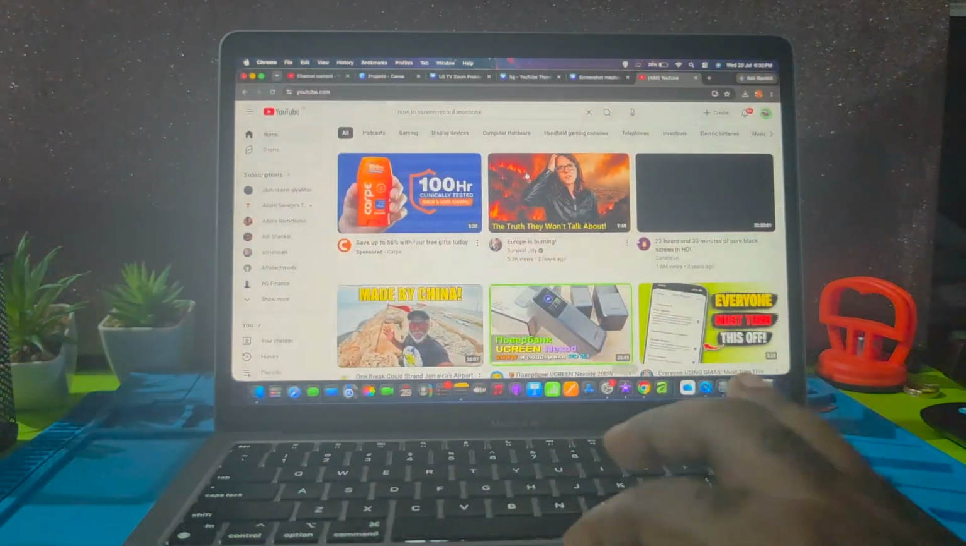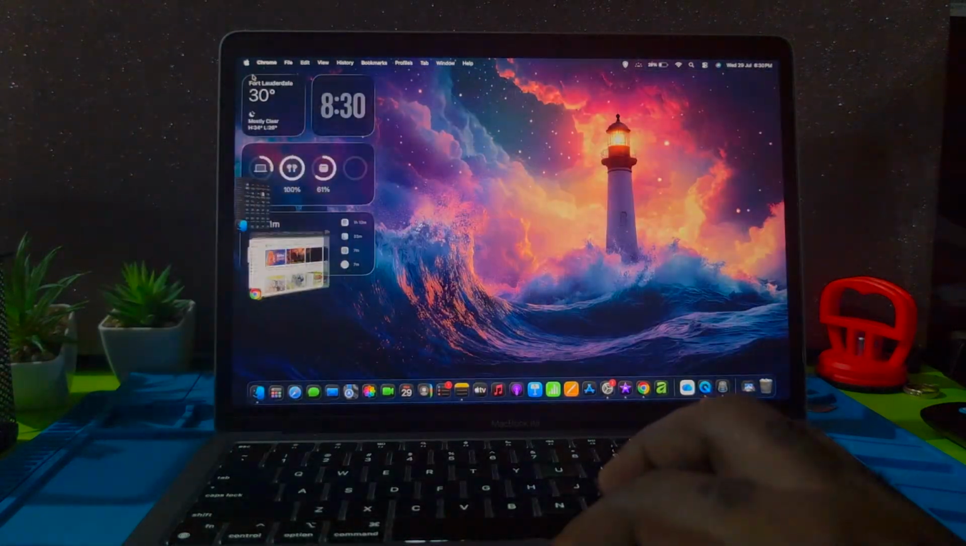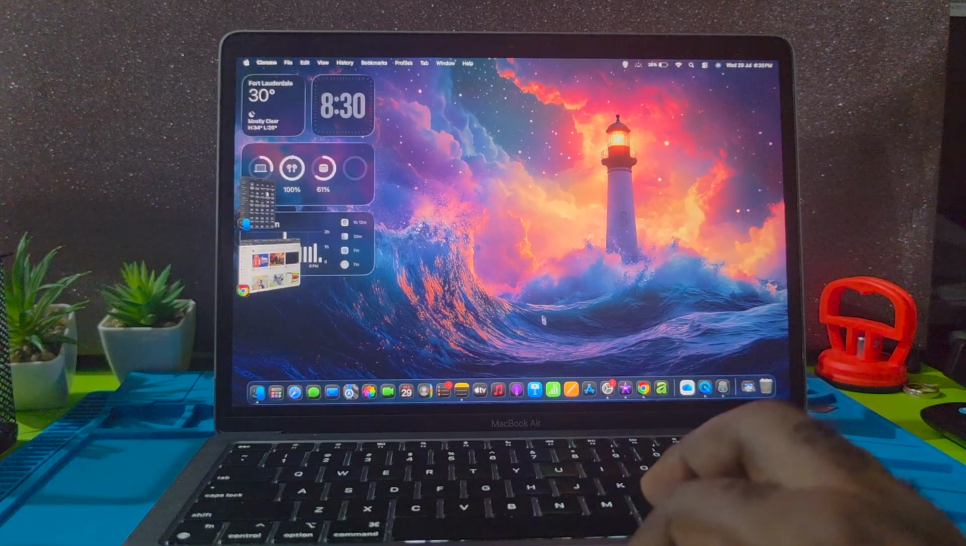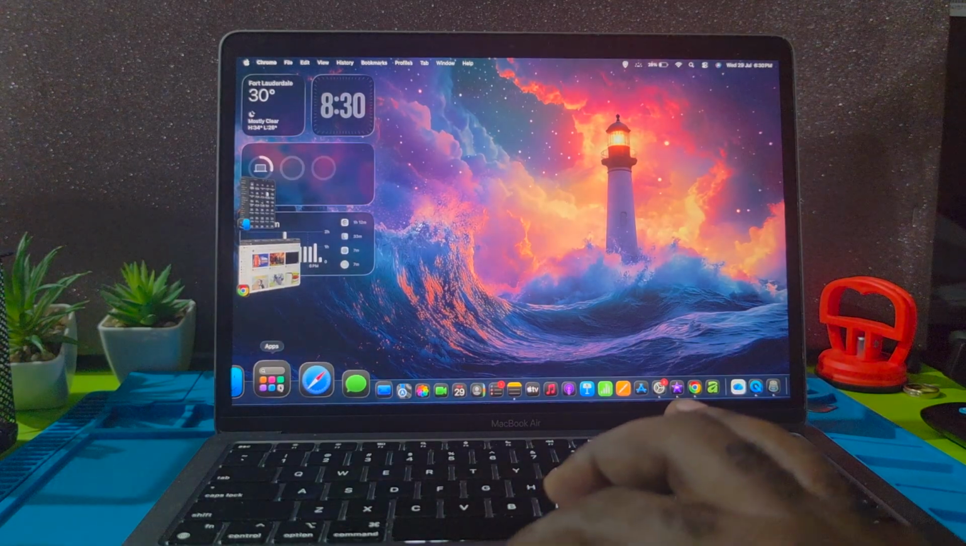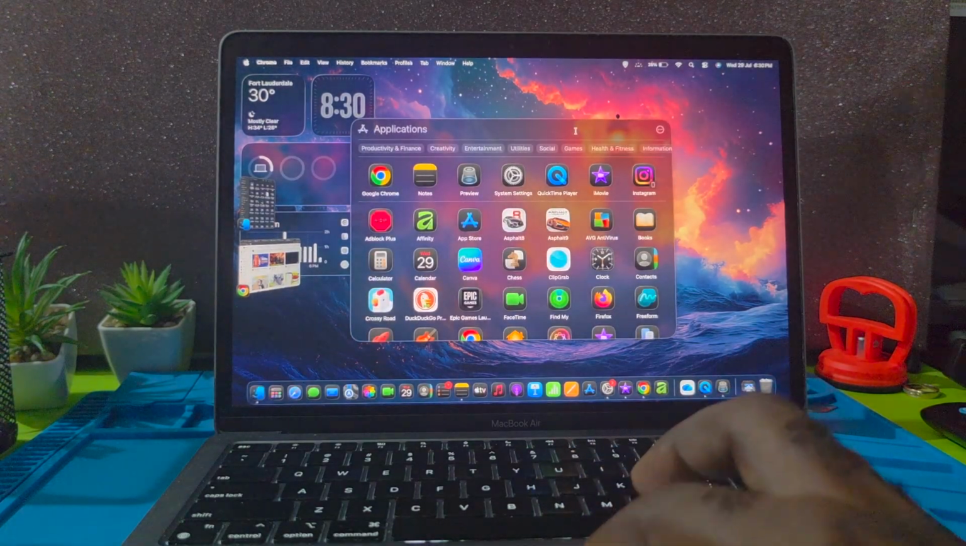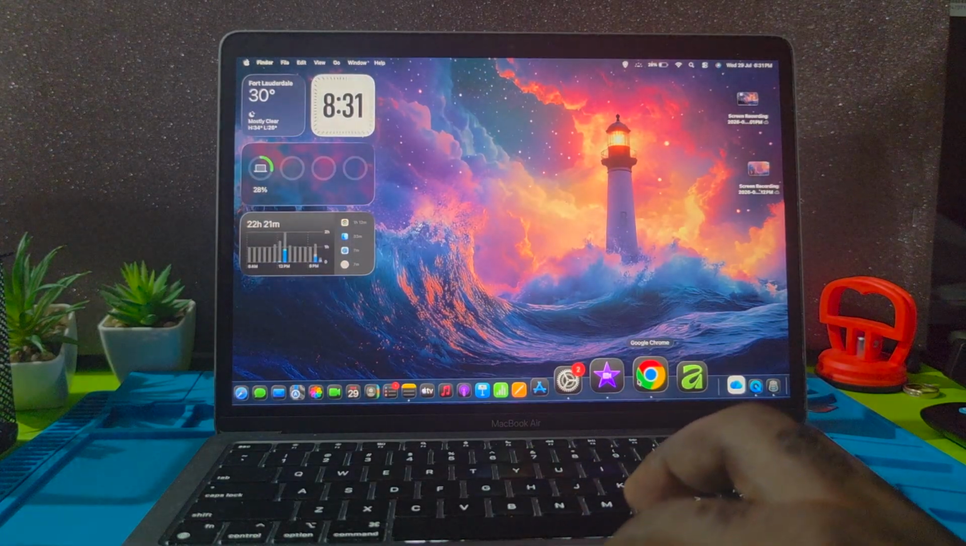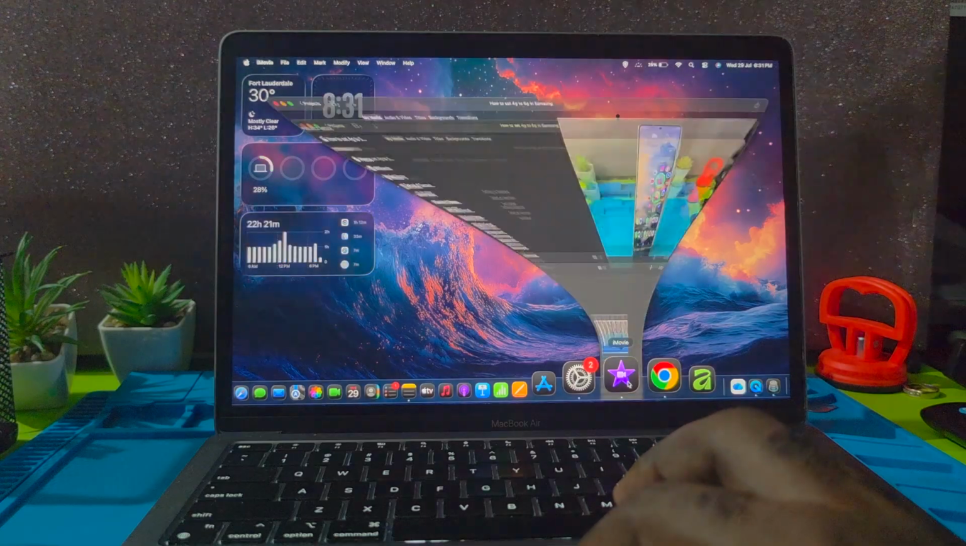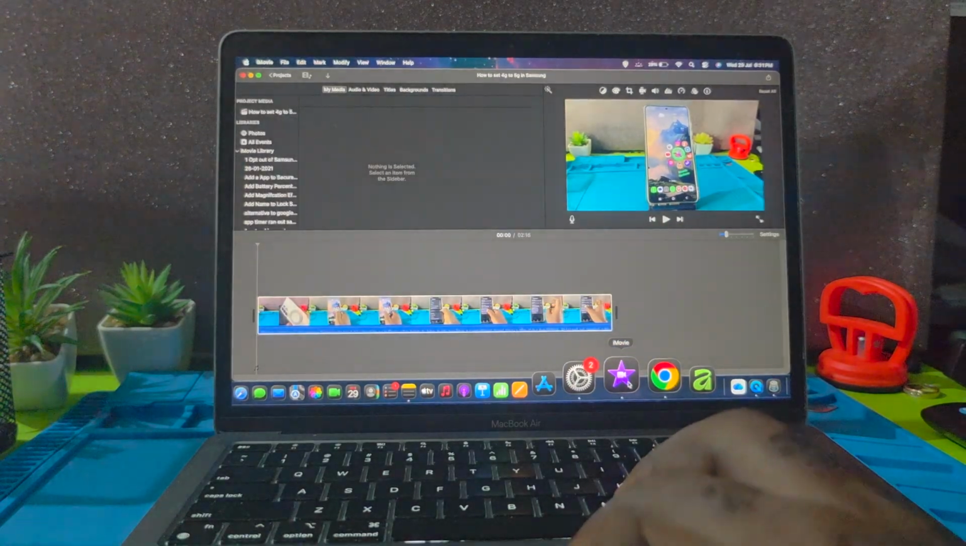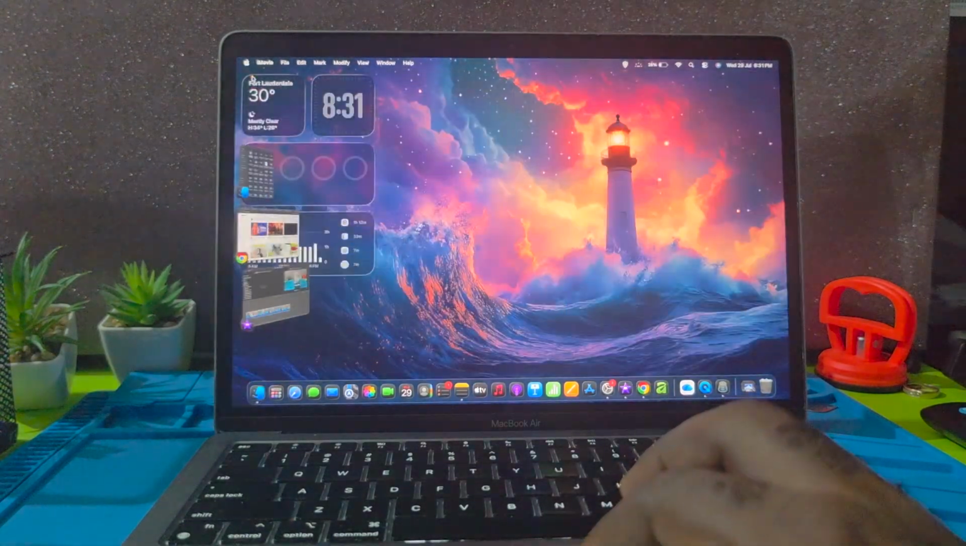I open the browser. I minimize it. Notice as I do that, it's adding stuff to it. Let's say I go to apps and then I minimize the apps. So each time you open different things, as soon as you minimize them, they'll add to the stack over here,